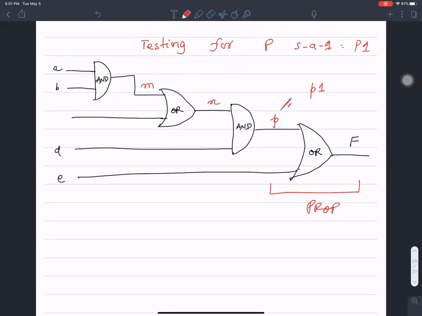So in the presence of a fault, this guy should be 1. So our effort in excitation should be to put a 0 on there. In order to put a 0 on there, I can simply make this value 0 and then pick any arbitrary value for A, B, and C. If I pick A equals 0, B equals 0, C equals 0, and D equals 0, then assuming there are no other faults so far, we have excited a value of 0, which is the opposite of what we are trying to test. Okay, so in order to propagate